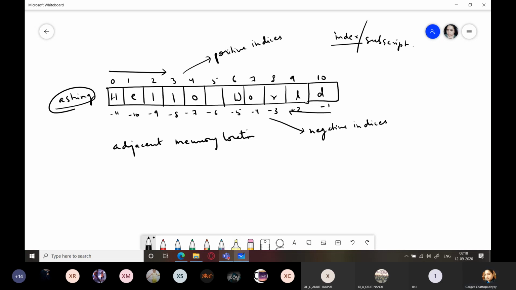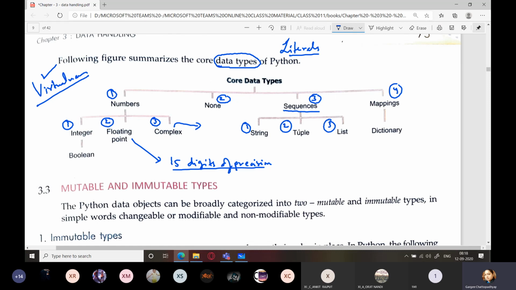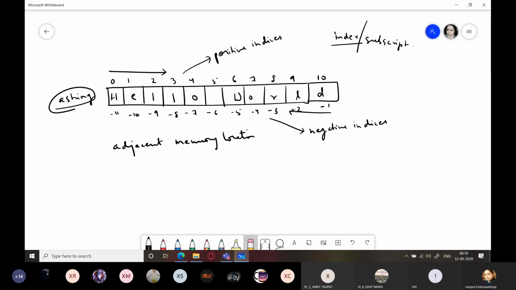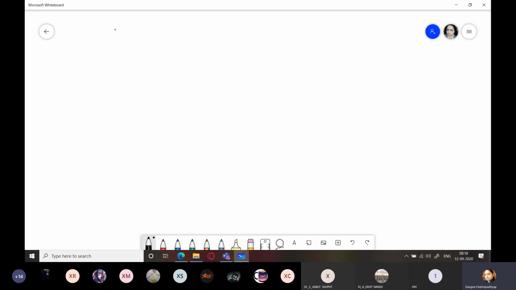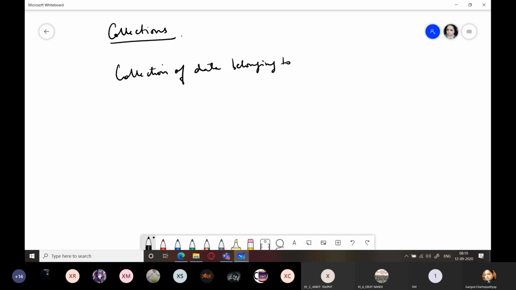Next is tuples. Now what are tuples? Tuples are also sequences, and there is a better word, that is collections. Why collections? Because tuples are collections of data belonging to different data types. So collection is a collection of data belonging to different data types. Like for example, I write record equals